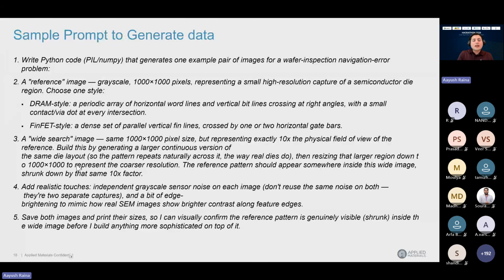At the same time, you ask it to add more grayscale noise on each image. Don't use the same noise on both, have different noises. Mimic how real images have brighter contrast around the edges. Then save the images, confirm them side by side, and mark the center. All those things you should do.